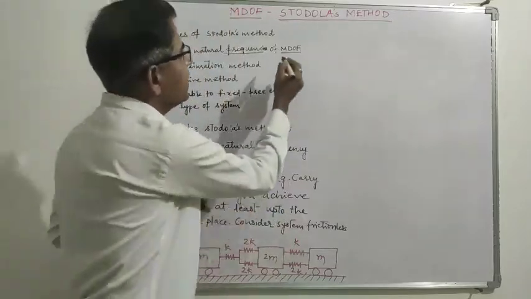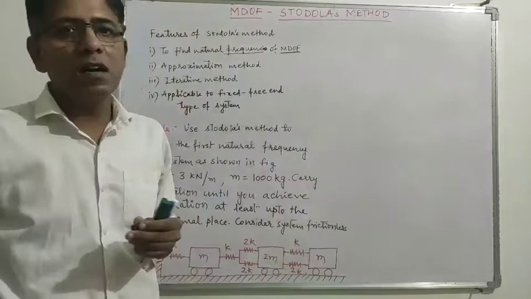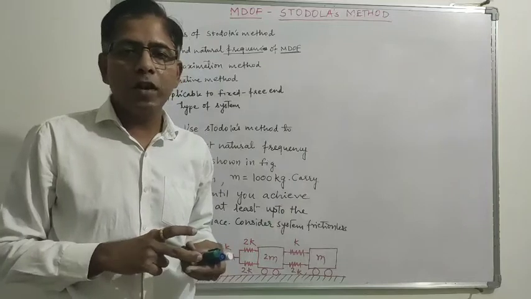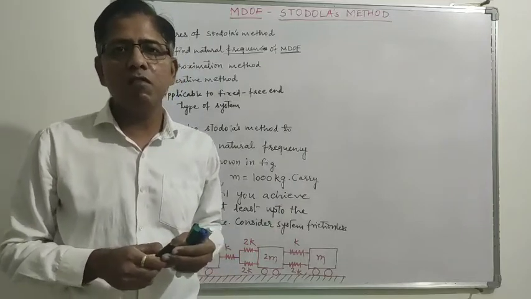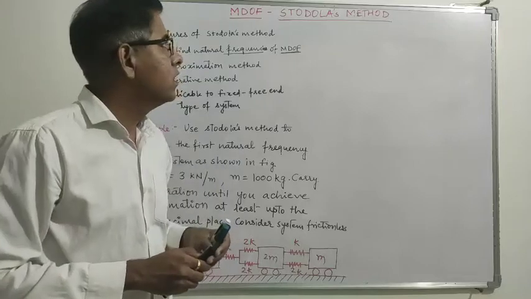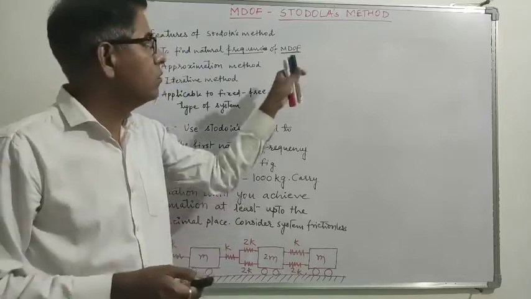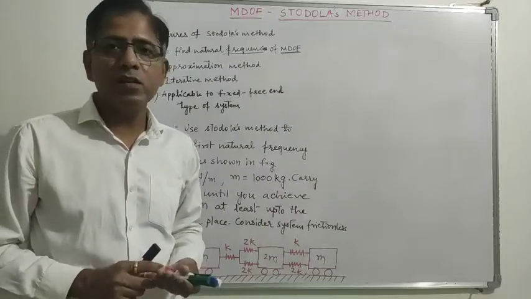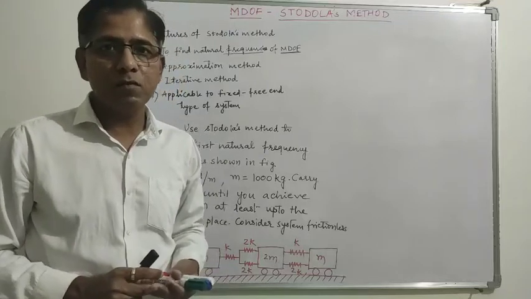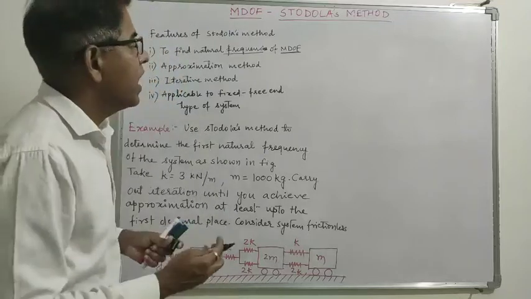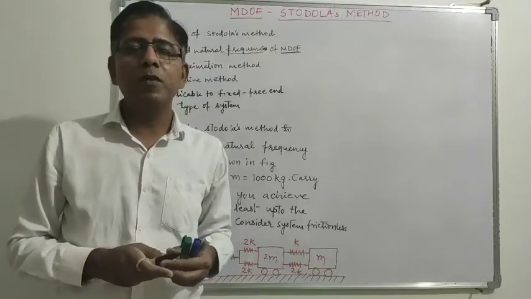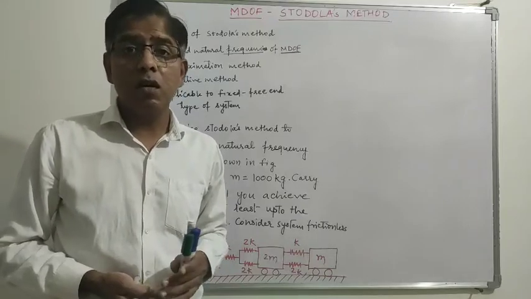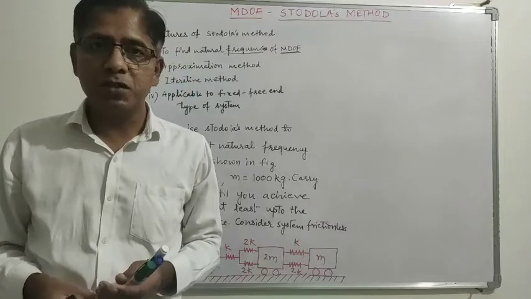Now we know that a multi-degree of freedom system means when there are more than one coordinates which govern the position of the masses. That is called MDOF. So more than one coordinate decides the position of the particles in the system, and we know that if the number of masses is more in the system, then the natural frequencies will be more in a multi-degree of freedom system. And